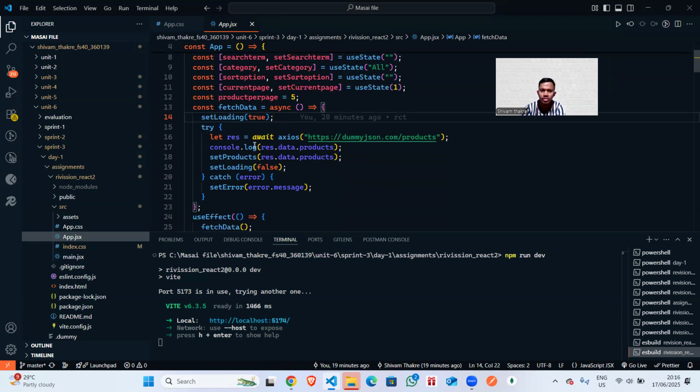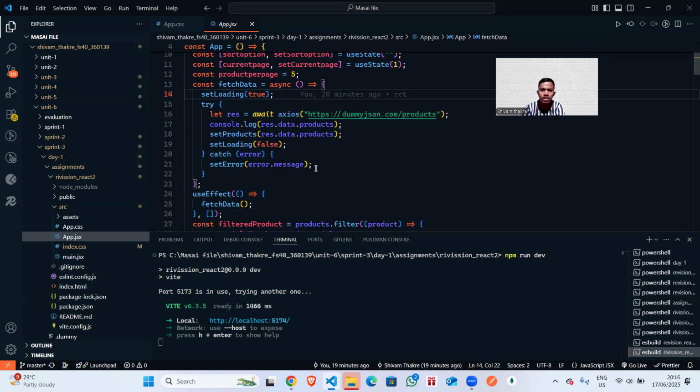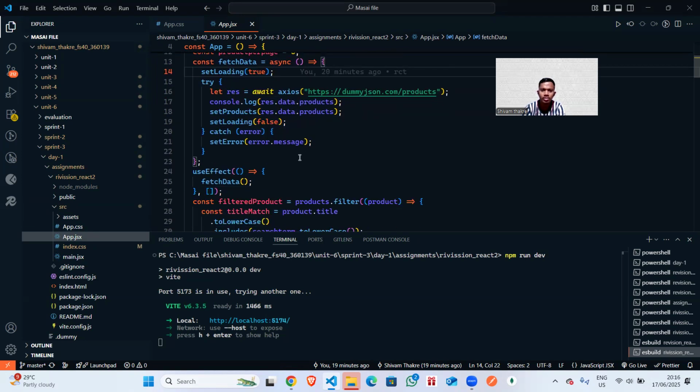After the data is fetched, loading is set to false, products are stored in the products state, and an error message is set if any error comes.